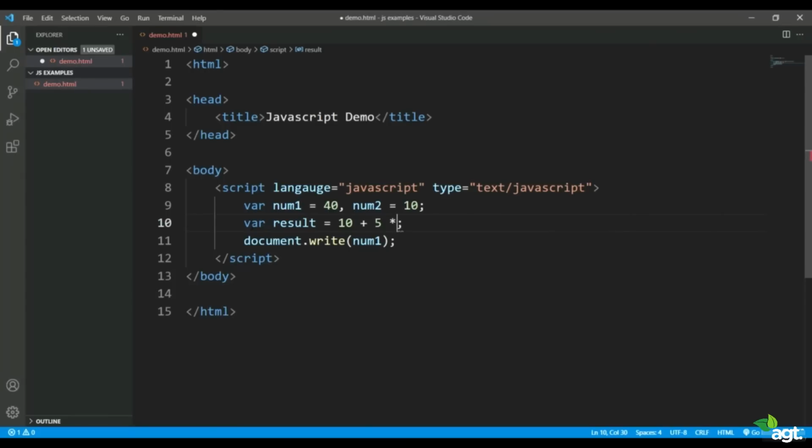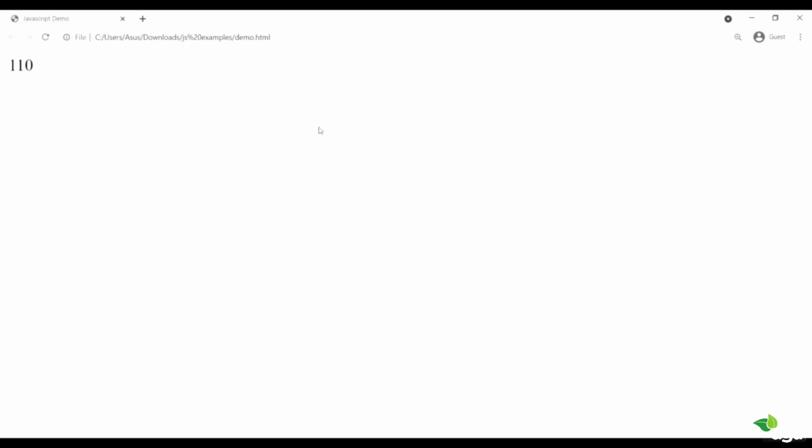So now when I print the value of result, first of all, since the multiplication precedence is higher than the plus, 5 will get multiplied by 20, which will result in 100, and then this 100 would be added to the 10, which will give you 110 in the